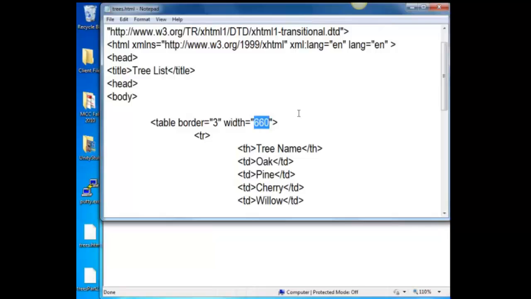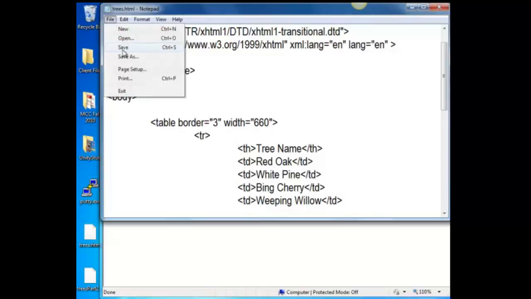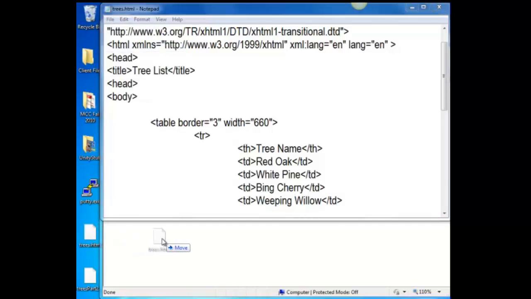I'm going to go ahead and make some additional changes to our table. I'm going to change the data. I'm going to expand some of the names. I'm going to call the oak a red oak, the pine a white pine, the cherry a Bing cherry, and the willow a weeping willow. I'll then save the document and then move the new file